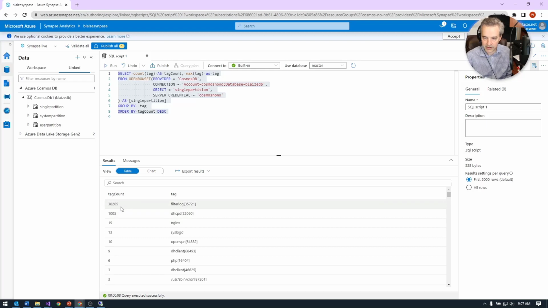And this is the breakdown. So I have 38,000 records that are just firewall events, things that my firewall blocked, and DHCP requests for devices I have on my network, Nginx, syslog, what have you. All of this is just data, and this is what it looks like when I do that query. So again, analytics queries in Azure Synapse,